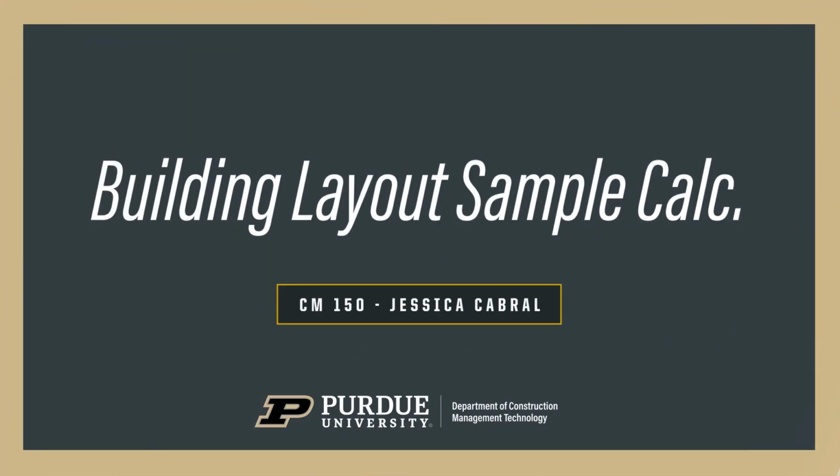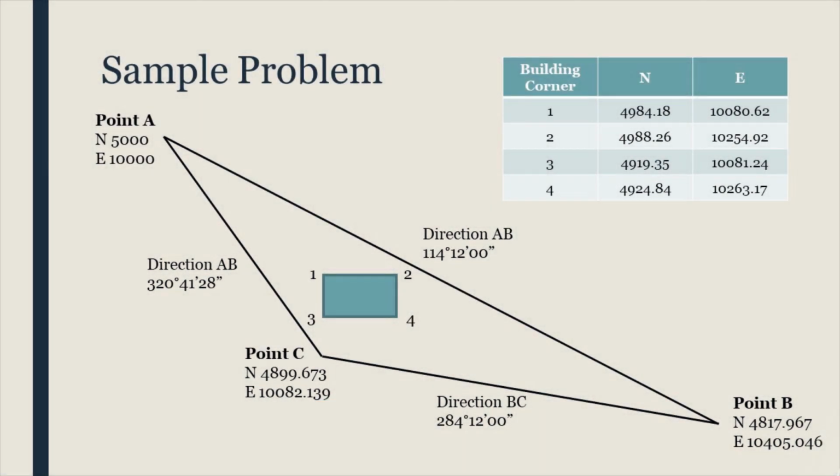This sample problem will lay out a building within a traverse that was previously calculated. The calculation of the traverse is a separate sample calculation that you can review. So after we've determined the directions of each of the lines of the traverse, which then got us our coordinates